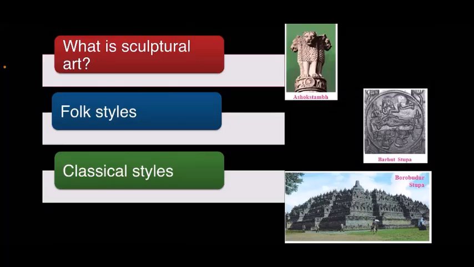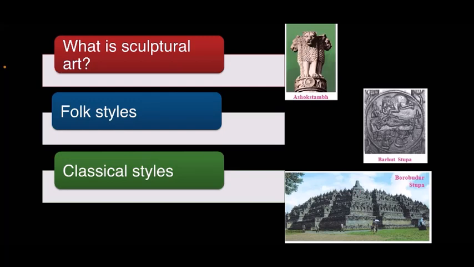Next, we are going to see sculptural art. Now, these are three-dimensional. For creating sculptures, either rock, metal, or clay is used. When rock is used, it is made using carving. For metal sculptures, molds are used. And for the ones that are made in clay, they are either directly made with hands or by using molds.